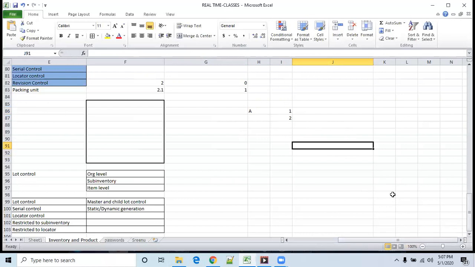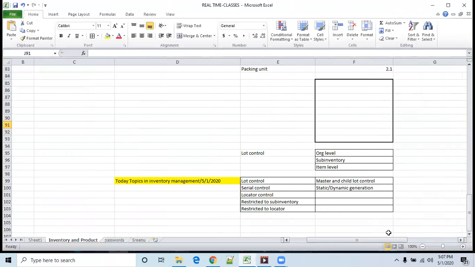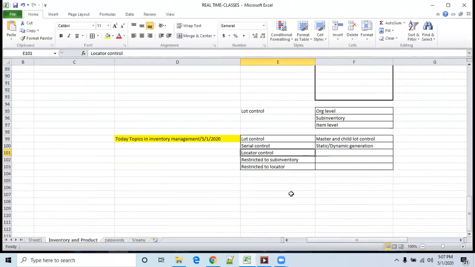But mostly in real-time scenarios, we use lot control, serial control, and locator control. Under lot control, we have two types again. One is parent lot creation, which means we have only one single lot. Once the item is lot controlled, the system will provide the option to the user to create the lot.